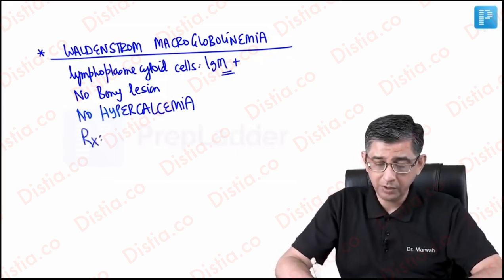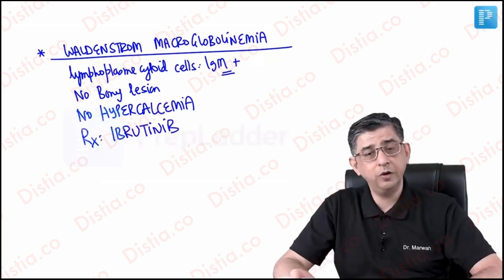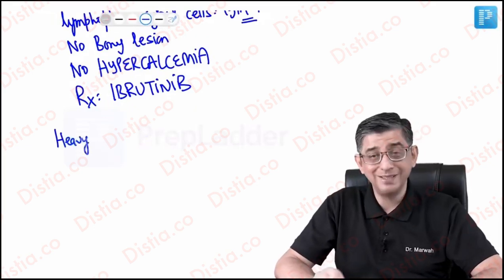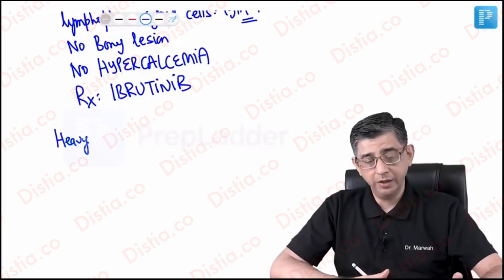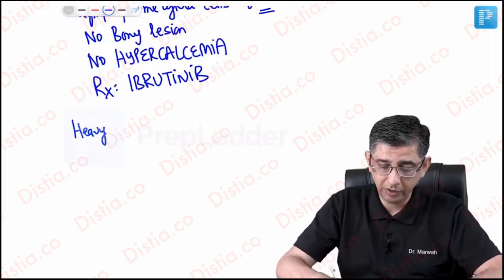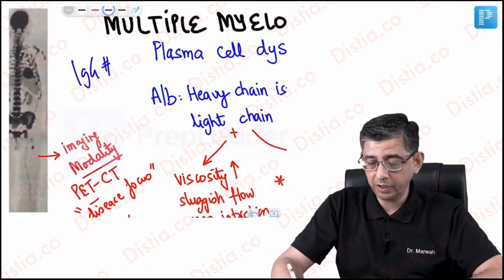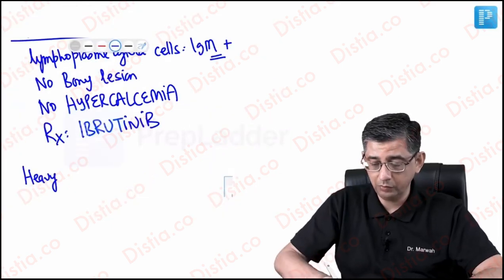For management of this condition, the drug that would be answered is not a proteasome inhibitor, it's not going to be steroids, it's not going to be lenalidomide, it's rather going to be ibrutinib. I have at the moment described two diseases before you with respect to light chain overproduction. One is related to immunoglobulin G. In fact, I'll just go back in the slide and highlight it on the very first slide of multiple myeloma, that it is immunoglobulin G which is mainly defective here. And for Waldenstrom macroglobulinemia, it is immunoglobulin M which is involved.